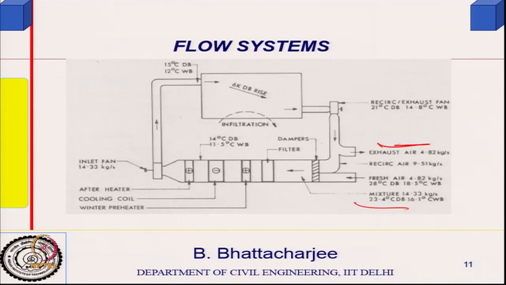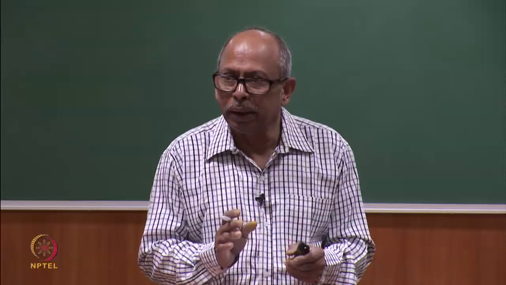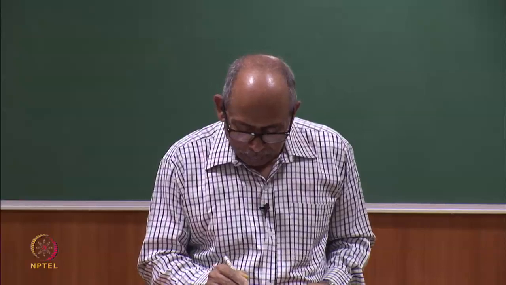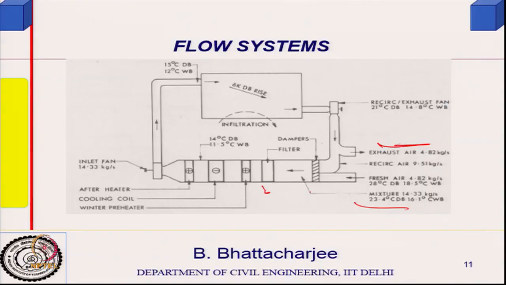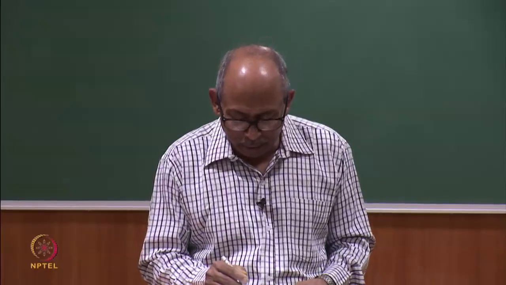So, in this fresh air, then you have a damper. Damper essentially reduces the velocity, right. Then there is a filter. The filter would keep the particulates out, that will not allow them to pass. And if the filter gets clogged, in fact, the combined mixed air supply tends to get reduced, obviously. So, maintenance of this is to clean the filter from time to time.